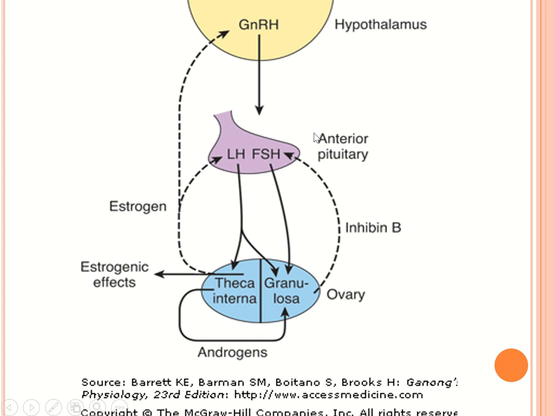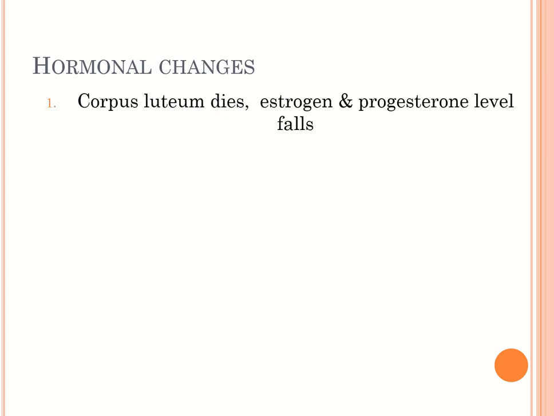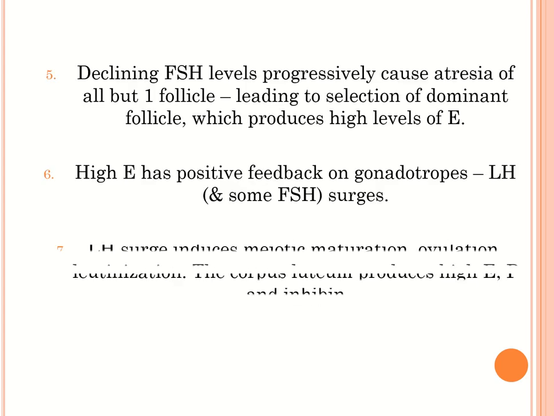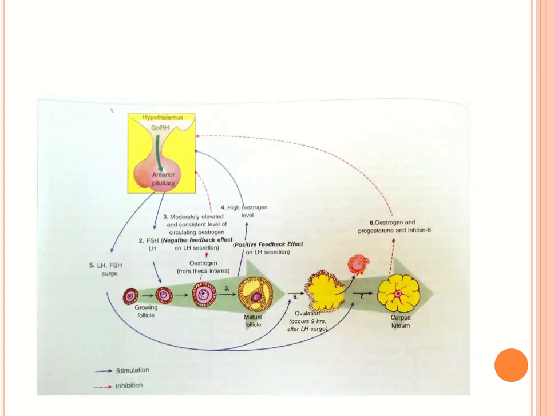Hormones which influence the menstrual cycle are: from the hypothalamus, GnRH hormone is released, which will act on the pituitary gland to produce LH and FSH, that will act on theca interna and granulosa cells in the ovary, and that will produce estrogen. Clear? Just remember, the hypothalamo-pituitary-ovarian axis is what regulates the menstrual cycle. To understand the complexity of the hormonal changes, it needs a separate video. I'll explain the hormonal changes seen during the menstrual cycle in the next video.